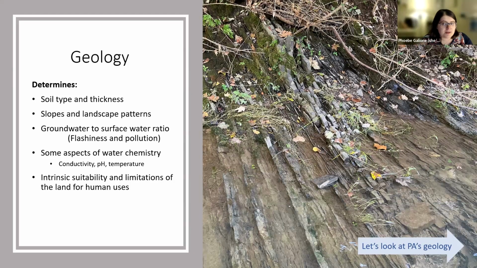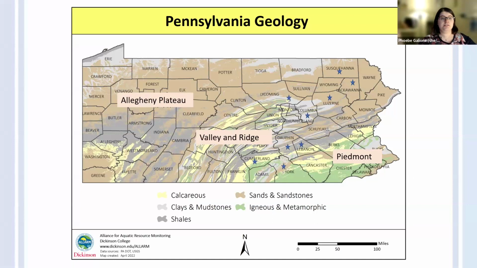Before I talk in more detail about things like limestone or non-limestone, I want to give a brief nod to Pennsylvania's geology in totality. This is a simplified map. This can be sorted down into a lot more categories, but these are some of the geology types that we're going to be looking at in your data packets. In general, we can split Pennsylvania into 3 geological sections. In the west and curving into the north, we have the Allegheny Plateau. That's where you're seeing a lot of your sandstones, your shales, some clay and mudstone. This is where a lot of the resource extraction is happening in the state.